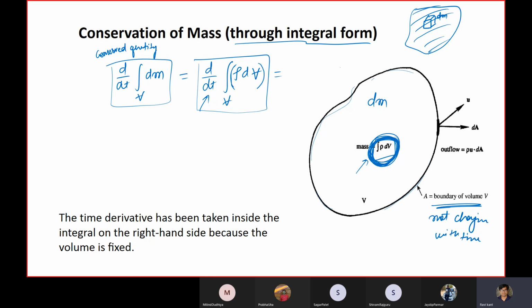Not changing with time, remember, so V(t) is not a function of time, V(t) is just V, it will be fixed. Now what will I write? The d/dt will come inside the integral, and this will be ∂rho/∂t times dV. Can I write that, using what we have learned from the Leibniz theorem? So the rate of change of this mass